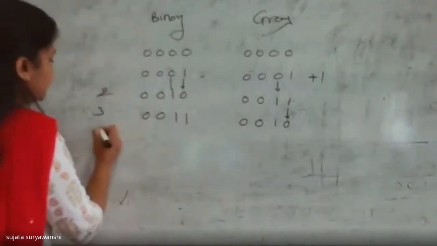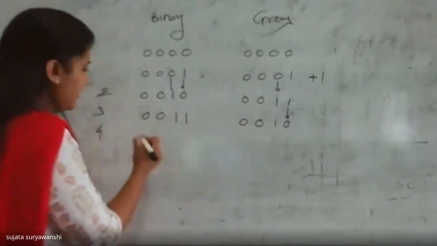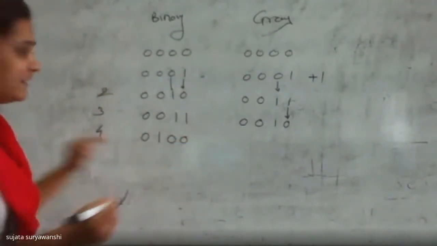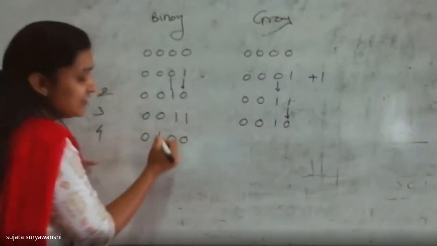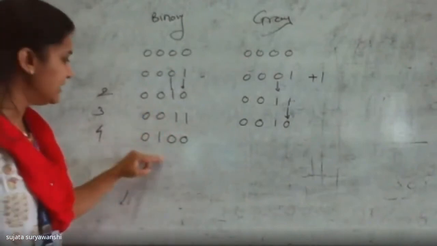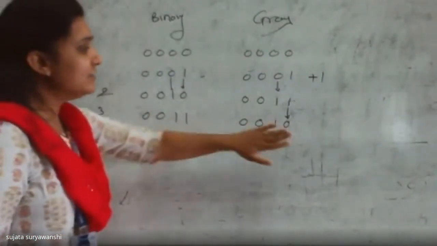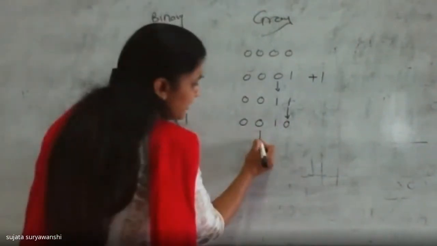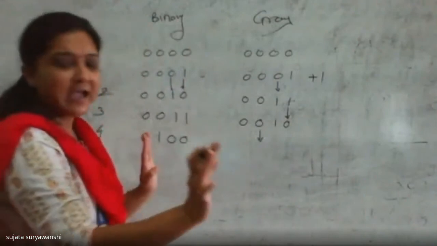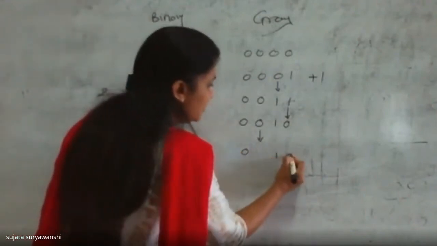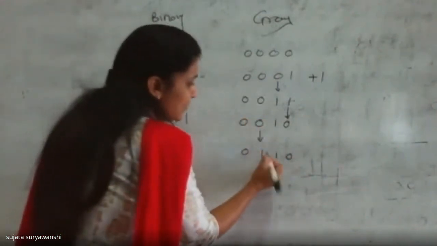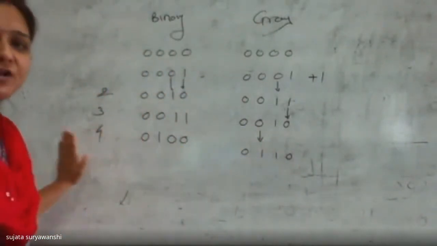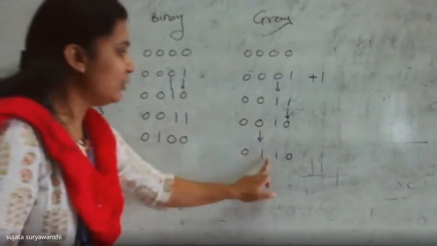Okay. Now, we'll see how to represent 4 in case of binary. Here, in case of binary 0, 1, 0, 0. Here, just look at this binary. Total 3 bits are altered in case of binary. But the condition of gray is what? Only 1 bit will change at a time. So only this bit will change, remaining are as it is. So 0, 1, 0 as it is, just alter this 0 by 1. This is the gray representation of 4. That is 0, 1, 1, 0.